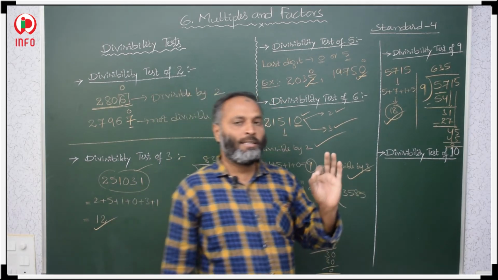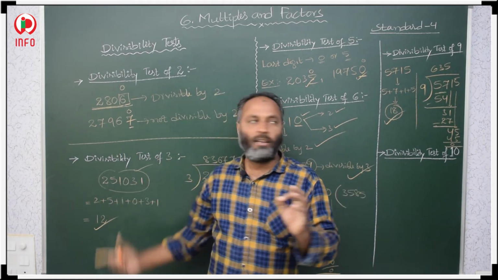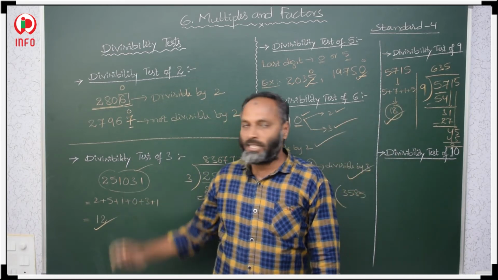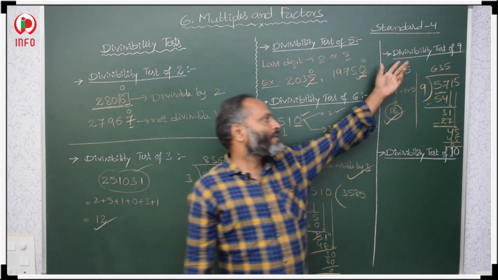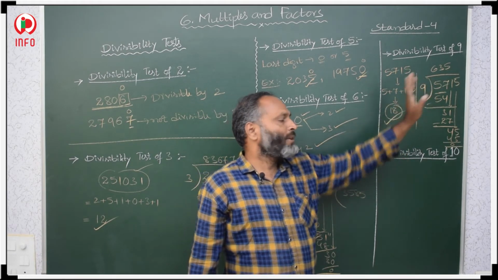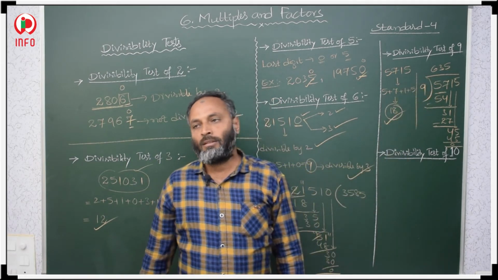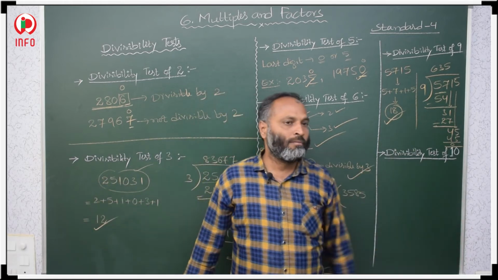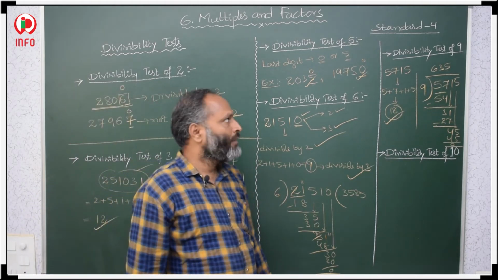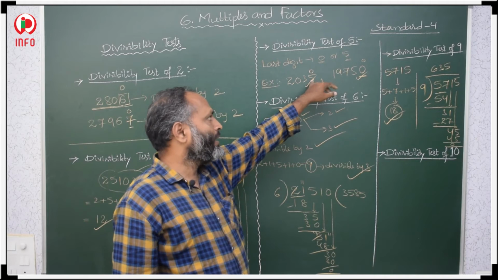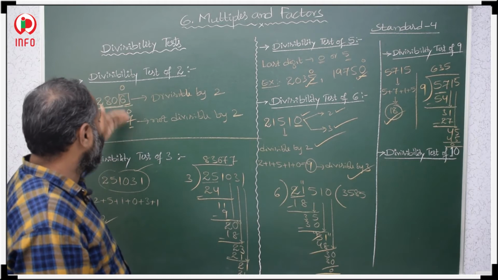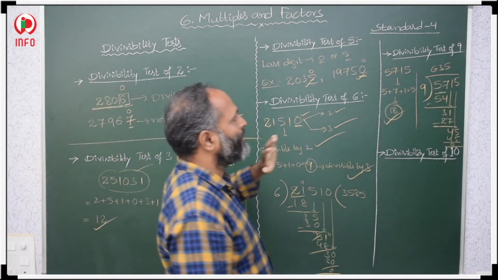So, simple. Whatever condition there is for 3, the same condition is there for 9. If the sum of the digits is divisible by 3, then the number is divisible by 3. Here also, if the sum of the digits of a given number is divisible by 9, then that number is also divisible by 9. So the conditions for 3 and 9 are the same. For 6, the number should be divisible by 2 as well as 3. For 5, the last digit of the given number should be 0 or 5. So this is the concept for 2, 3, 5, 6, then 9.